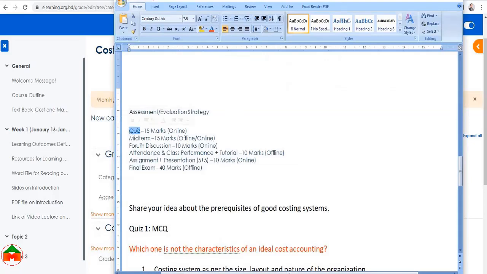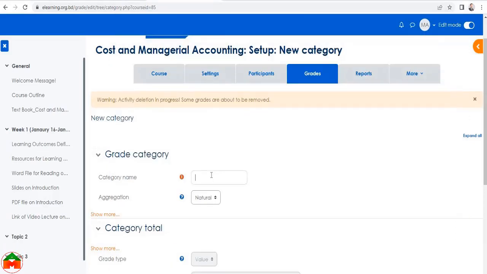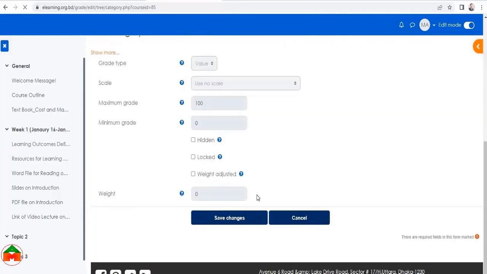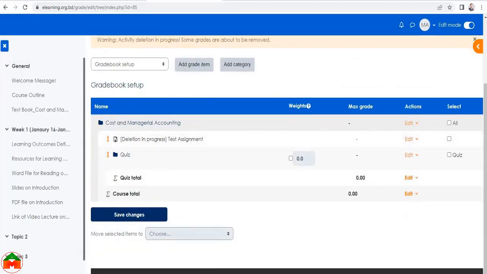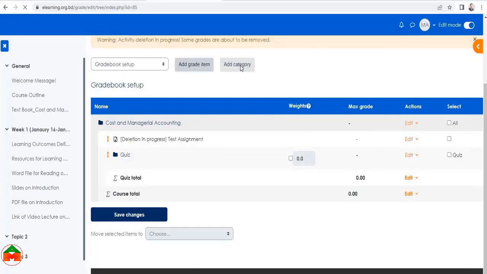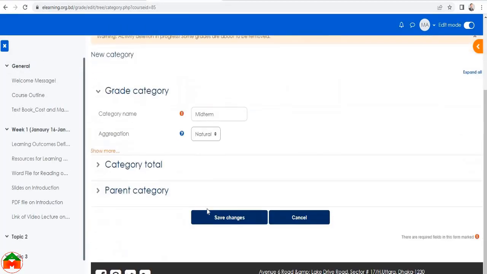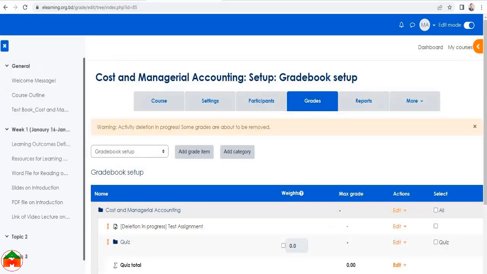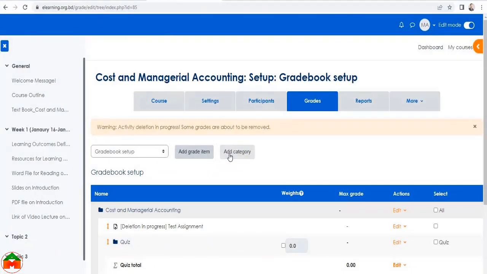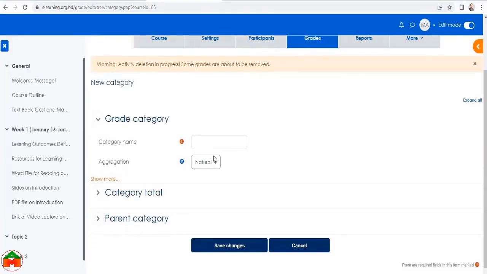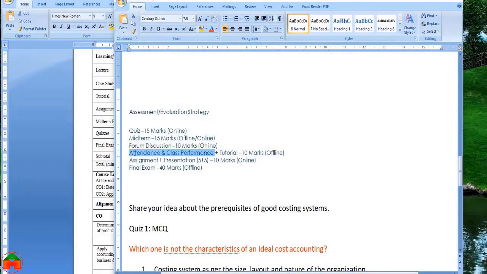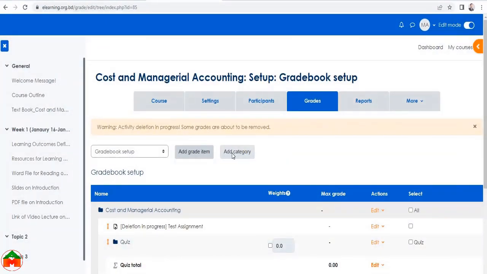Here quiz, simply I am writing it quiz. You don't need to change any option here, just category name and click save changes. Then again you can see there is another category, midterm exam. You can add category and write midterm. Okay, save changes. Then you can see forum discussion, just add category, forum discussion, save changes. Again, attendance and class performance, add category,